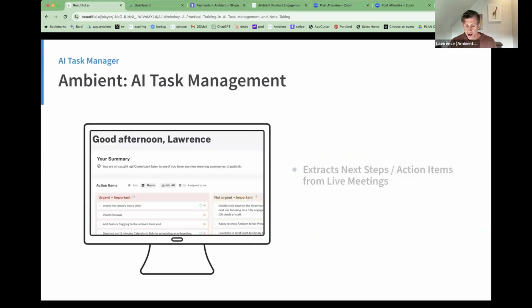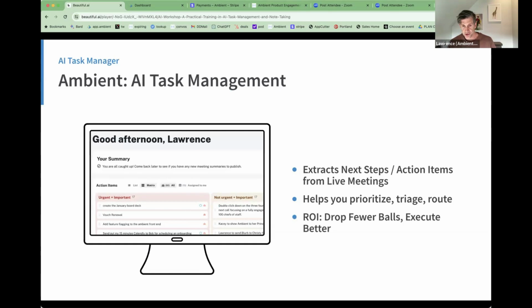Okay, the product that we're going to go a little deeper on today is called Ambient. It's the one that Taylor and I co-founded. It's similar in architecture and how it works, how it interacts with the large language model. You can think about Ambient as an AI task manager more than a note taker, but similarly, structurally, architecturally, it works very similarly. It listens to your meetings, it pulls out the next steps, it helps you visualize those next steps in a way that you can prioritize them, you can triage them, you can route them to